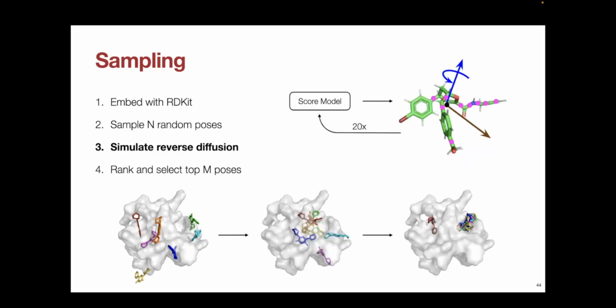And then we're going to just progressively use our model to figure out how to remove noise from the pose, both translationally, orientationally, and conformationally by adjusting the torsion angles. Do this multiple times, in practice about 20 times. And then all of the poses will hopefully move towards a low noise state, which hopefully corresponds to them being in the binding pocket. Now, I do want to emphasize that here we are showing independent samples and independent trajectories, right? So when these poses are moving relative to each other, they are not interacting with each other in any way whatsoever. This illustration is just showing multiple instantiations of that process.